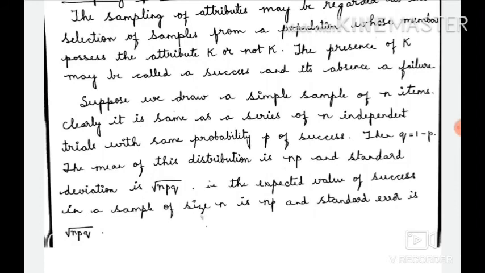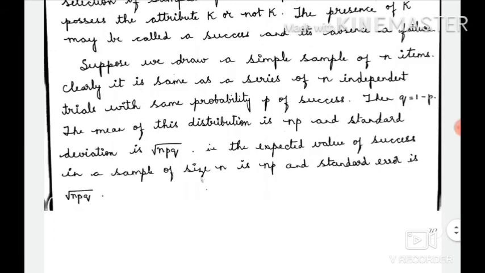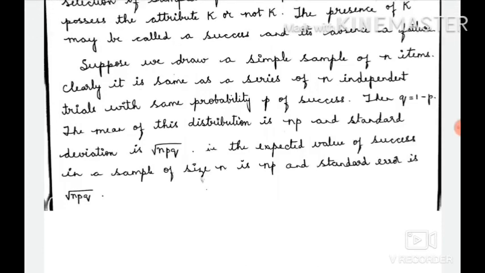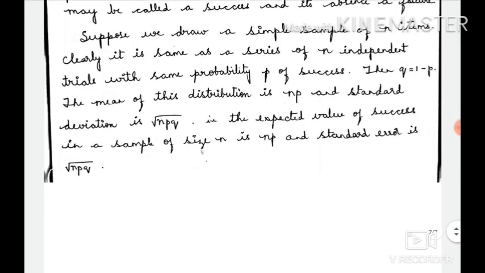We know that the mean of the binomial distribution is n into P and the standard deviation is root of NPQ. Substituting that in the Z standard normal variate, that is Z is equal to x bar minus mu by sigma, mu becomes NP and sigma becomes root of NPQ. The Z statistic becomes x bar minus NP by root NPQ. Using this, we calculate the Z score and accept the null hypothesis if the Z score falls in the acceptance region, and reject the hypothesis if the Z score falls in the critical region.